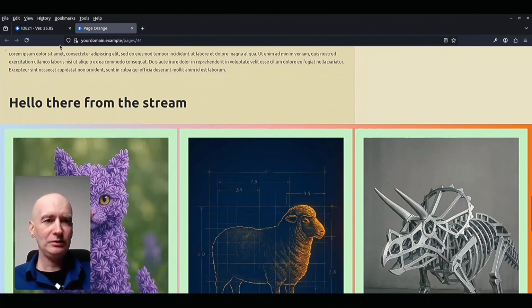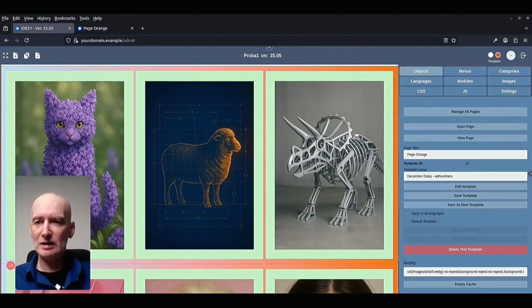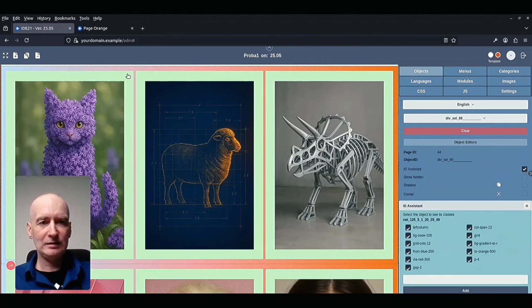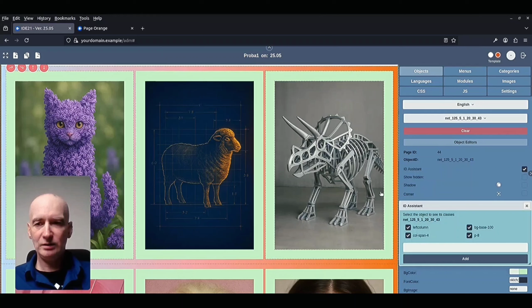Let's do that. Now you can just select the object and add a class, col span 4 and col span 12.